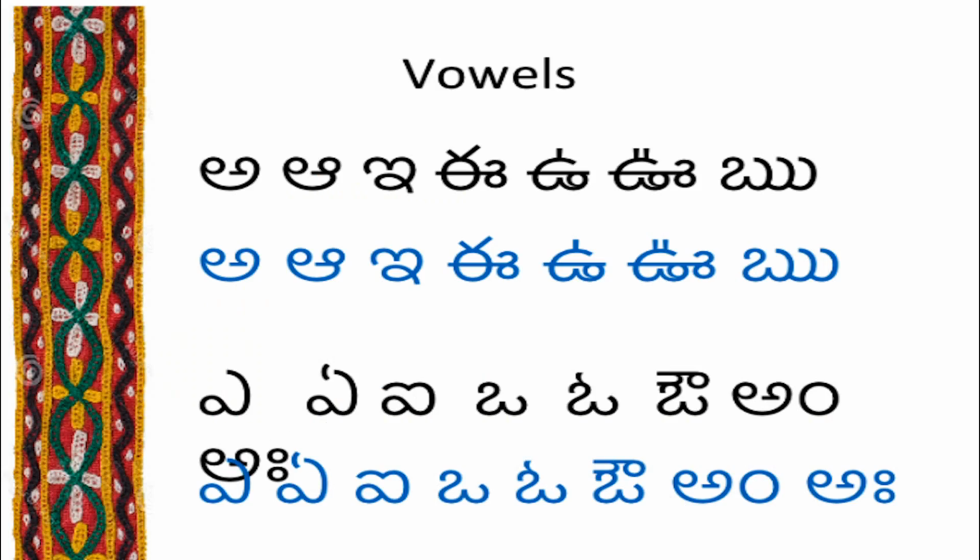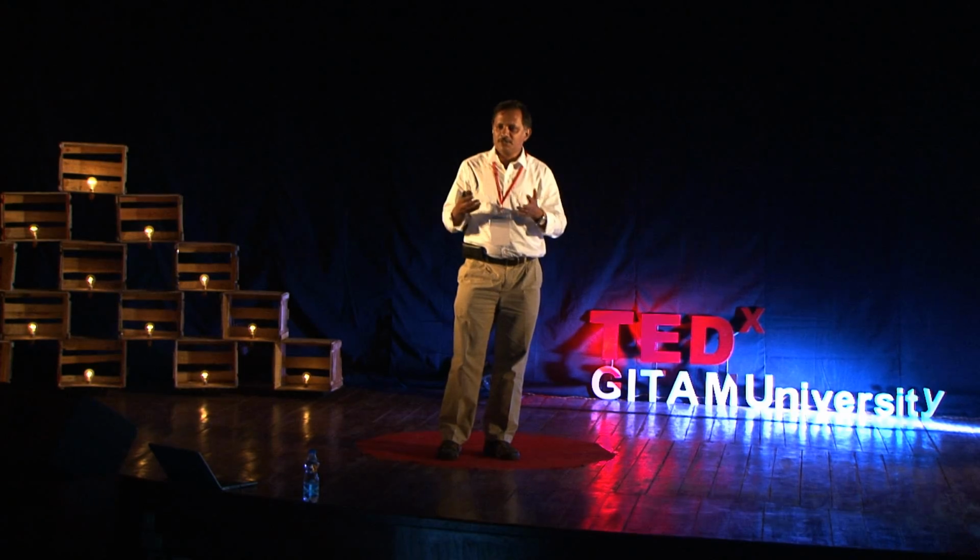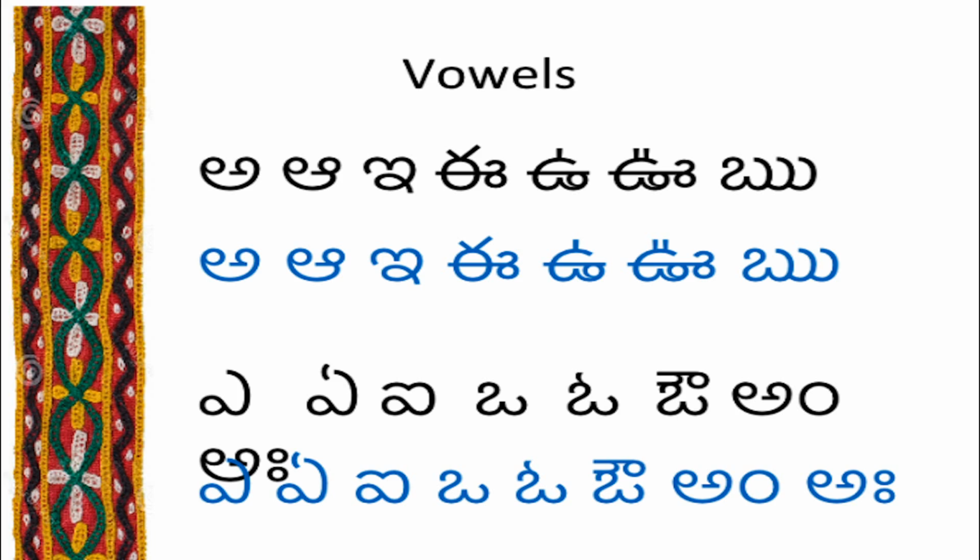So here I present Bharati vowels. I'm using Telugu as a comparison, but you can do the comparison with any of the Indian scripts, there are 9 scripts. In black, you're seeing Telugu vowels, and in blue, you see Bharati vowels. First of all, vowels are one specific family of sounds. Therefore, by this rule that similar sounds should have similar shapes, all the vowels should kind of look similar, but